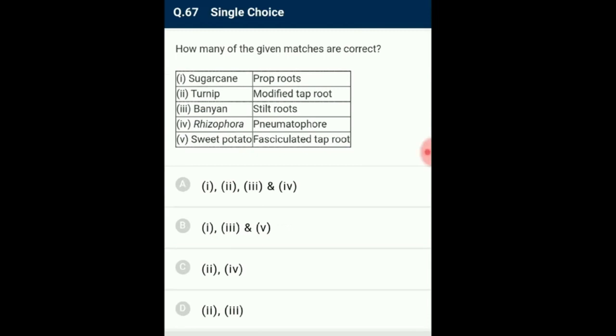Roots in some plants change their shape and structure and become modified to perform functions other than absorption and conduction of water and minerals. So from the matches, second and fourth are correctly matching. So the correct option is option C. The remaining things are